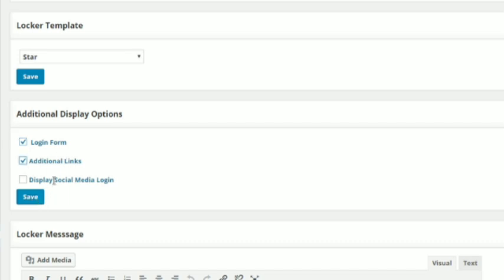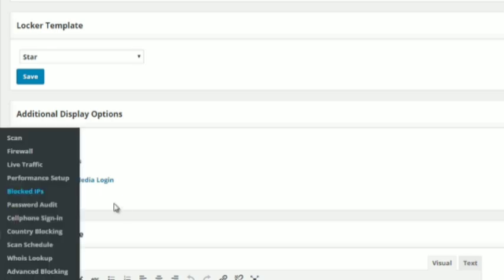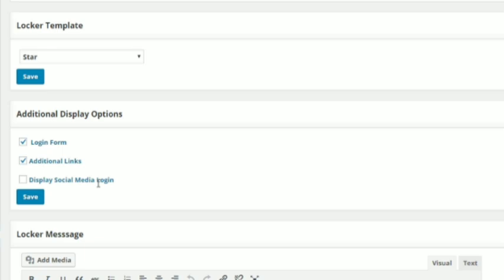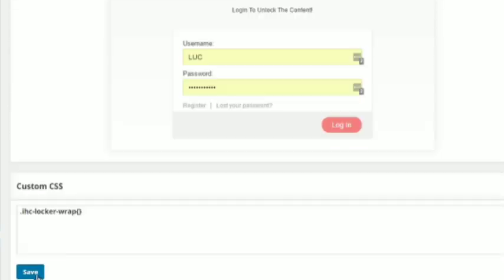So, you can also display the social media login, which I will say is nice to have, because a lot of people may not really want to create a new account, but they're okay with using their social media login because they want something that's easy to log in and view the content. So quick and easy definitely can help a lot. So once you're done with that, you just go down and click on save,